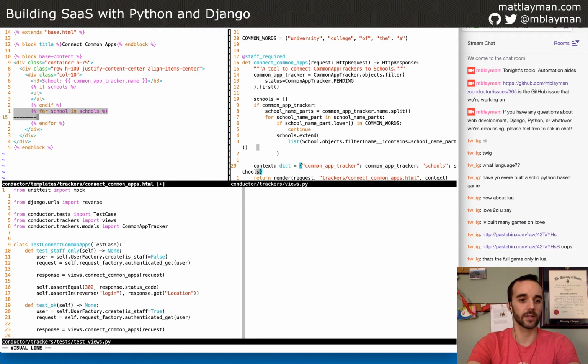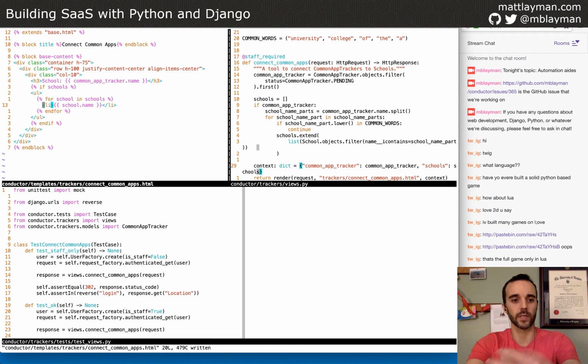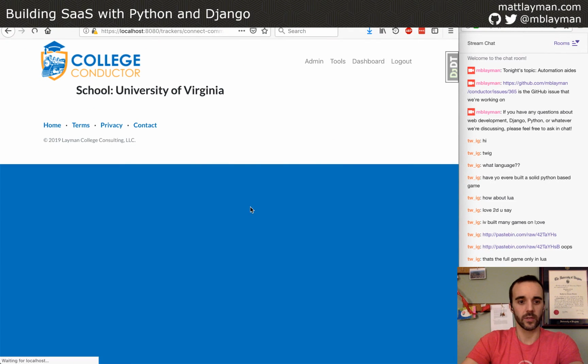And then finally, we can take our for loop and put it in here, put it like that, and then say a list item of, just for now, we're going to take the school name, because I just want to see what kind of results this will turn out. Eventually, this will become individual forms, which we'll get to in a second. But we're building out a very hopefully straightforward HTML template. Okay, let's go back over to the page and see what kind of results we get.